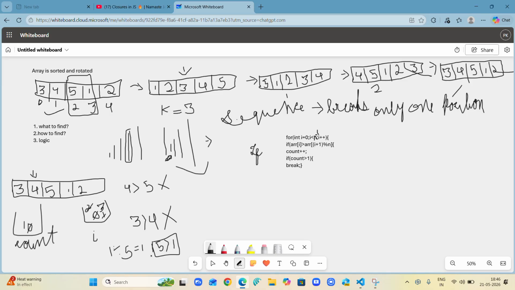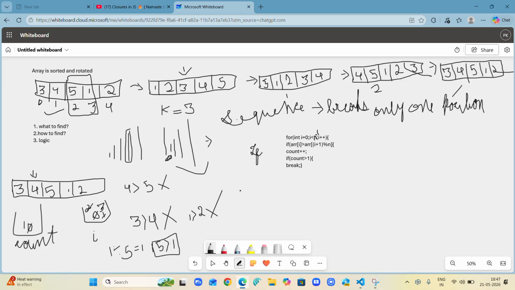So array of third, which is 1. Is it greater than array of (i plus 1) modulo n, which is 4? 4 modulo 5 is 4 only, and array of 4 is 2. So is it greater? No.